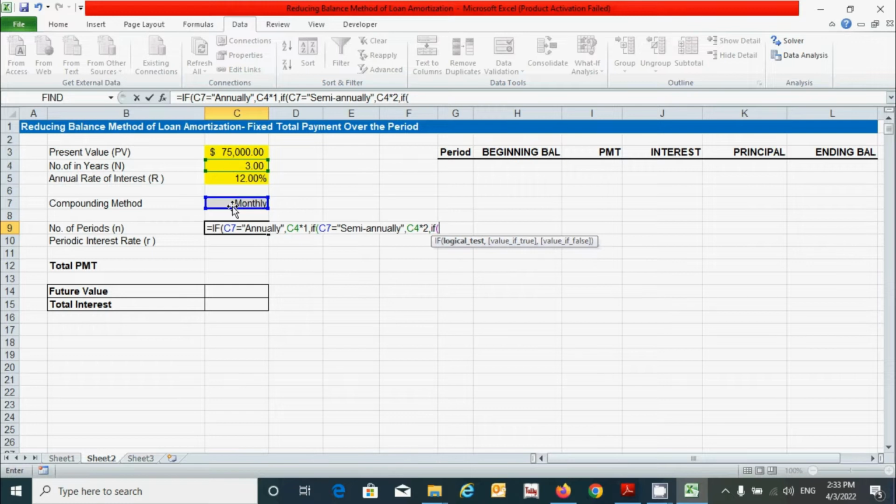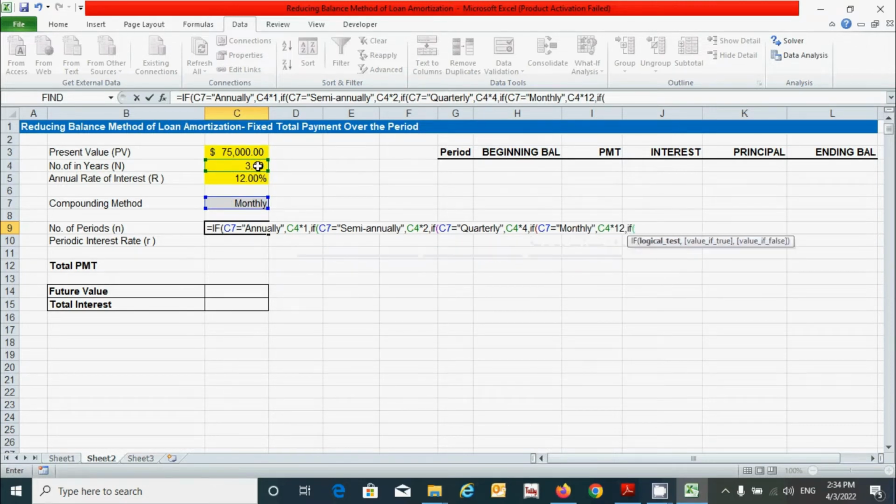If quarterly, this times 4. If monthly, this times 12. If weekly, this times 52. Otherwise, this times 365.